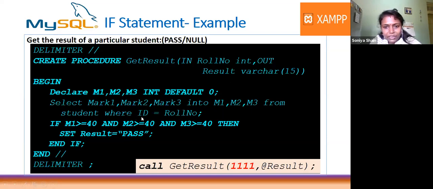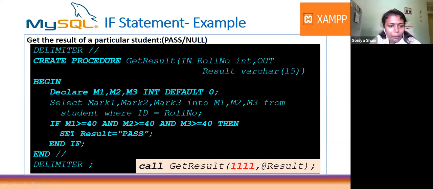And what's the condition? I am setting the roll number. So WHERE ID is equal to the roll number I am passing. I have to get each student's data using that roll number. ID is equal to roll number, that is the condition. So now the details of the student whose roll number you passed will be in M1, M2, M3. Then I am going to apply the condition.